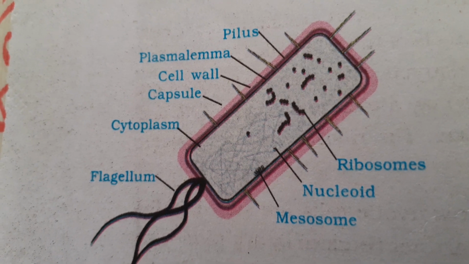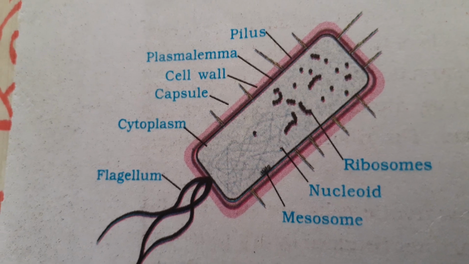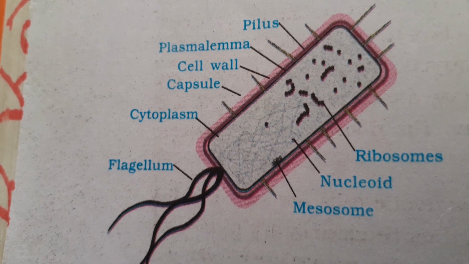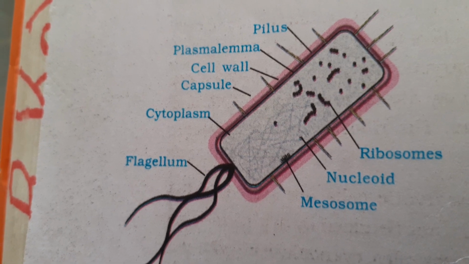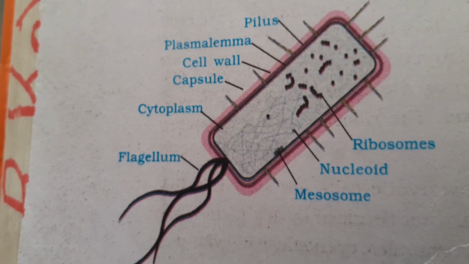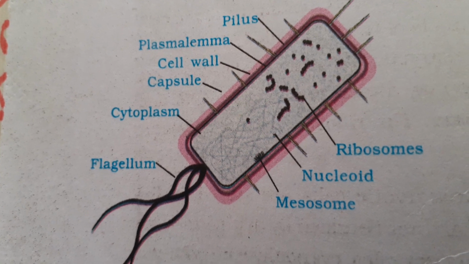Good morning, students. Let us study the first year intermediate botany topic, the cell. Under this, today we will discuss the two different types of cells. One is the prokaryotic cell and the other one is the eukaryotic cell.